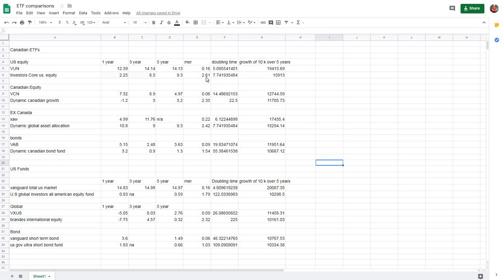So you're paying almost 2.45% less in management fee. And as we went over before, that's a huge difference on 8% returns, right? So for doubling time, the difference was 2.7. So it took 2.65 years longer to double. And then your growth over 5